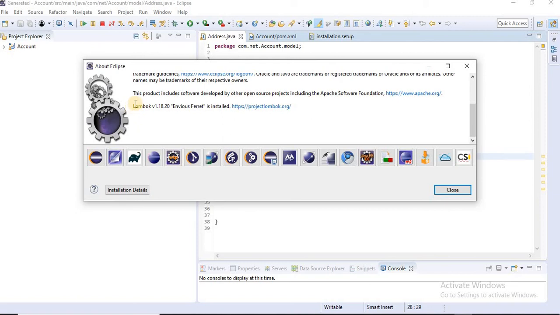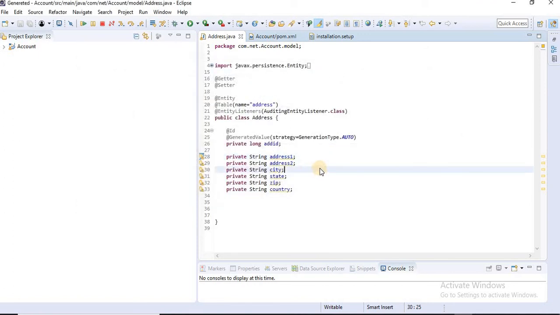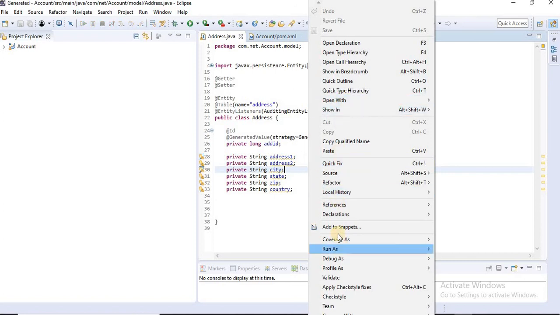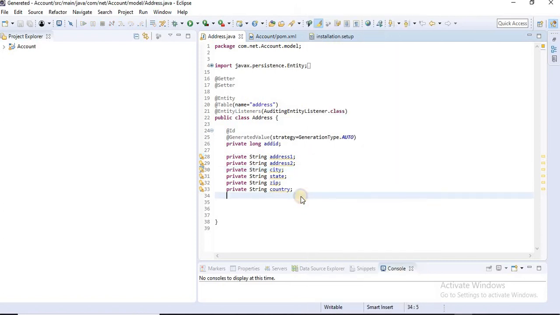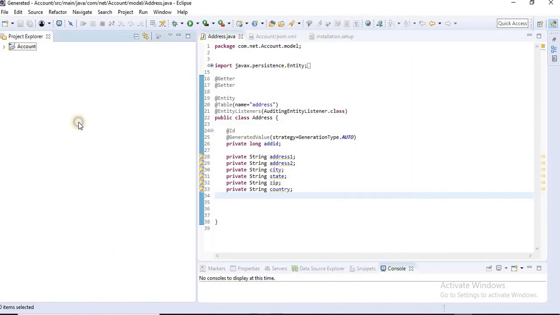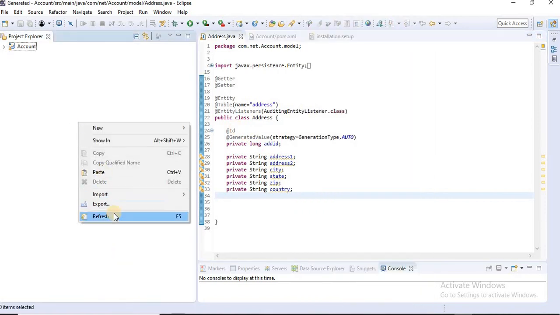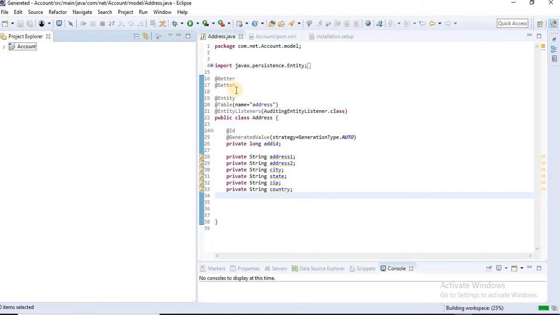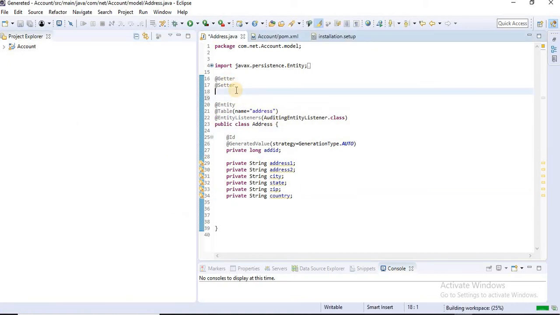Here we can see Lombok version 1.18.20. Earlier we didn't get this in About Eclipse. Now we are getting Lombok here. That means our Lombok is installed perfectly. Let's refresh here. Also we have a few other things.